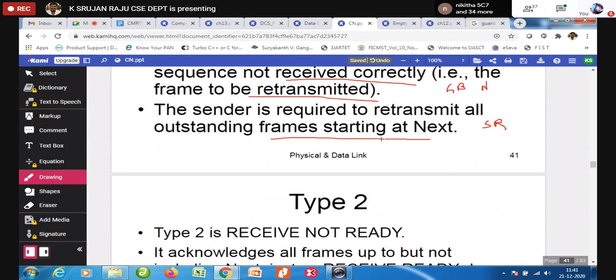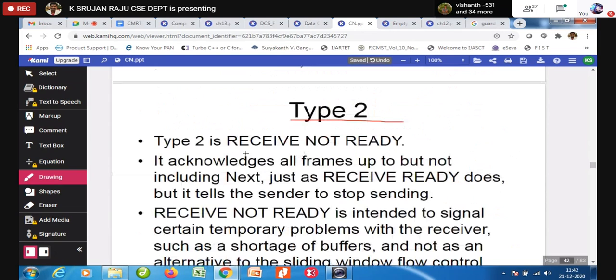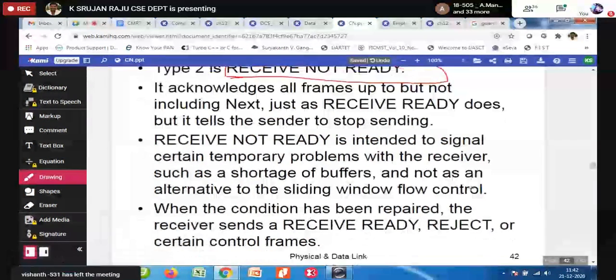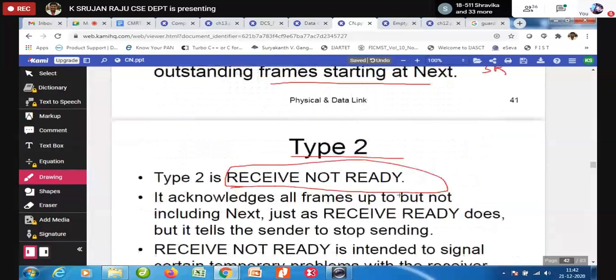Then type 2, receive not ready. Maybe everything is correct but I am not ready. It acknowledges all frames up to but not including next, just as receive ready. Receive ready accepts the frames and tells you to send the next frame. But receive not ready says that whatever you have sent up to that point is okay, but for the next one it is not ready.